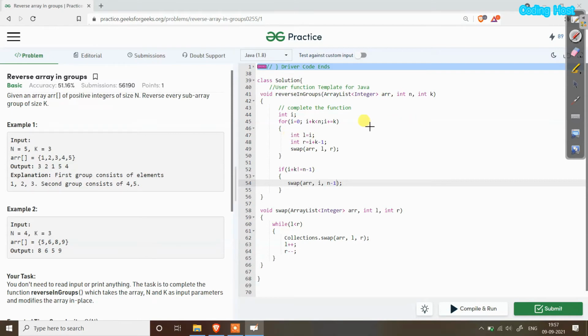You can see that I have taken this i variable outside, because we also require this i variable to use it in the if statement. So that's why I have declared it outside the for loop. Initially the value of i is 0, and it will check that i plus k is less than n. So i is 0 and k is 3, so 0 plus 3 is 3, less than n. n is 5. So yes, 3 is less than 5, and this condition is true,